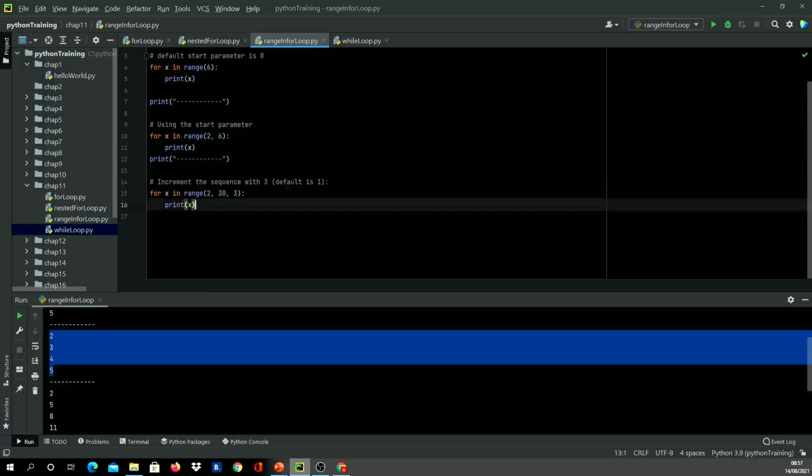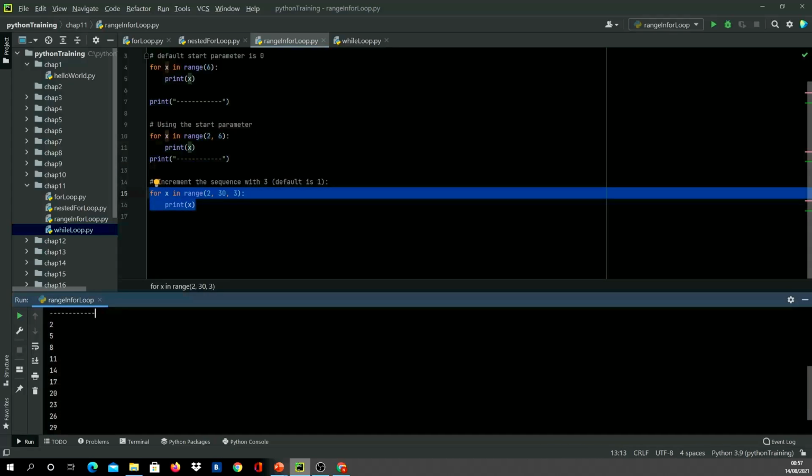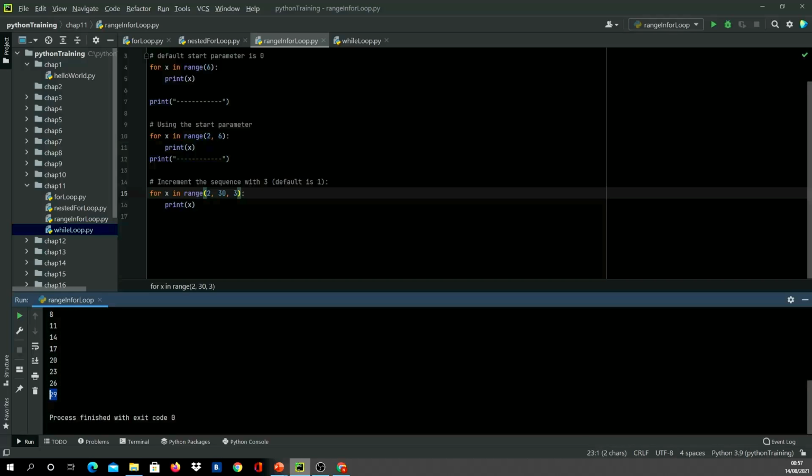And in the third iteration, I'm saying start from 2, go till 30, but increment not by 1 but by 3. So the first value of x is 2, the second value is 2 incremented by 3, which is 5, and third is 8, and so on and so forth. It'll run till the index is 30, which is 29, and then it'll stop.